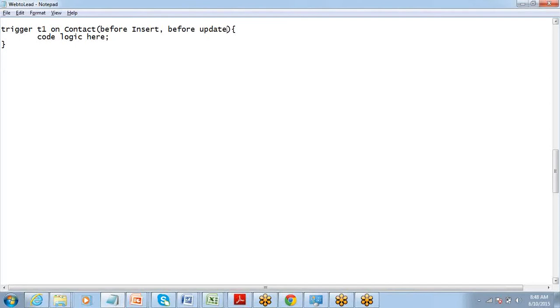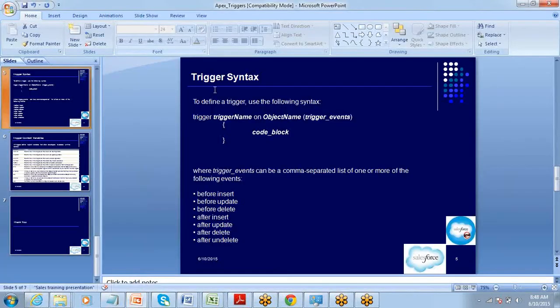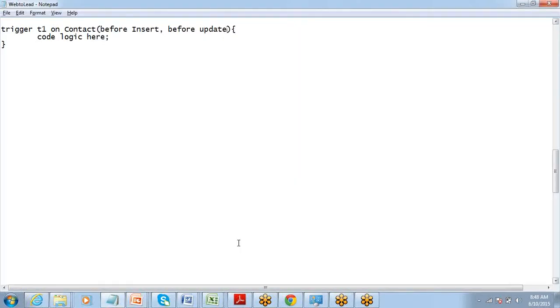All right. So we have a list of 7 events you can execute. Basically, if I have to put it in very, very simple words, I have a list of those 7 events. What are the 7 events? These 7 events: before insert, before update, before delete, after insert, after update, after delete, after undelete. All right. Trigger is the code which can be executed on any of these events. Out of these 7 events, you can execute it on any of the events.